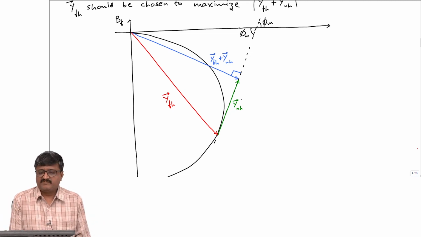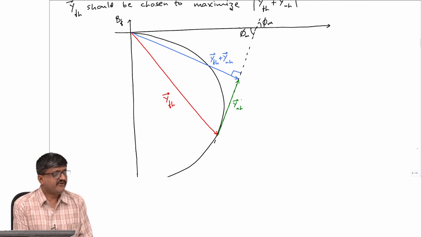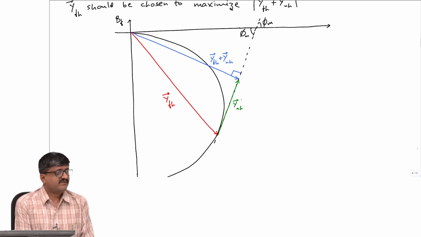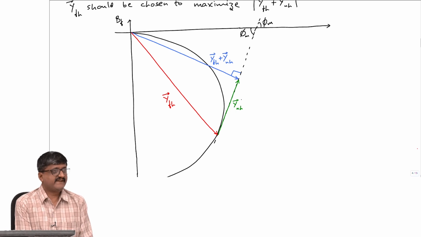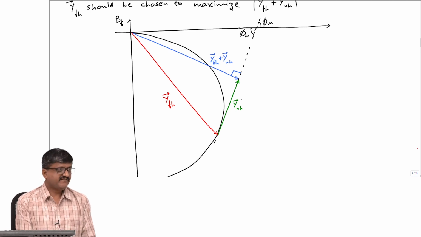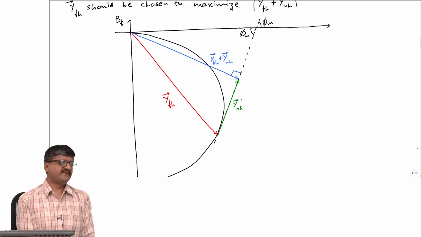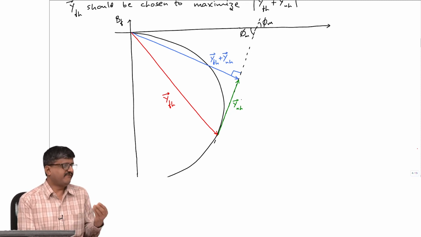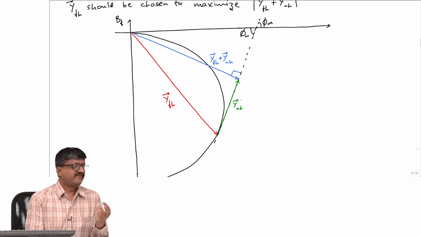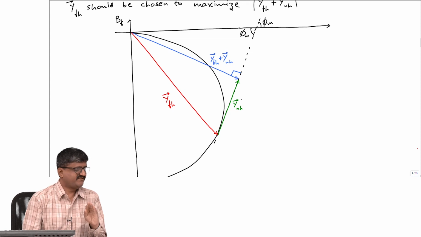Now, please note, just by choosing Y of h will not give me the values of the parameters of the filter. There are 3 parameters of the filter, R, L and C. Y of h will give me only 2 parameters. So, essentially I am not getting the parameters of the filter. See, Y of h will give me what is GF and what is BF. It will not give me what is resistance, what is inductance, what is capacitance. It is still not giving me.